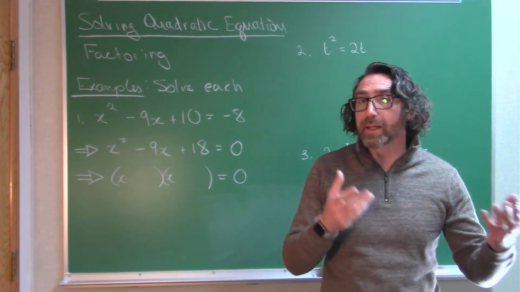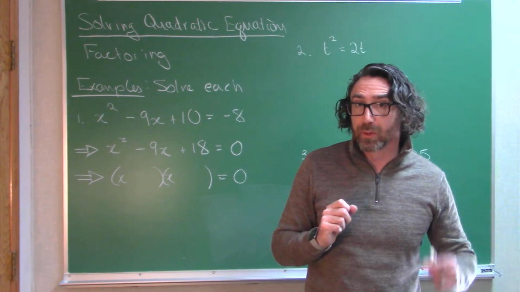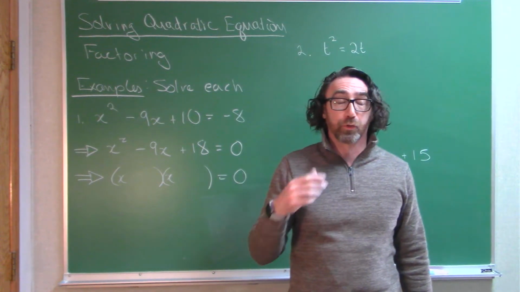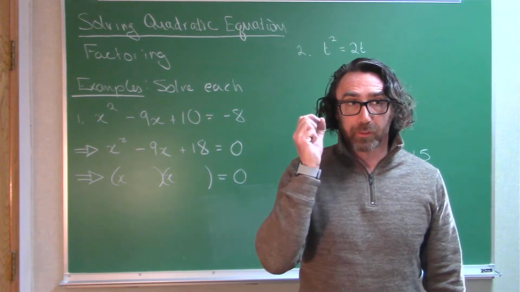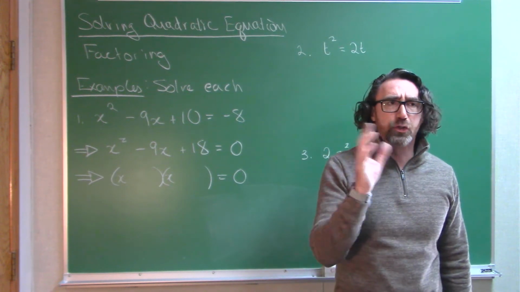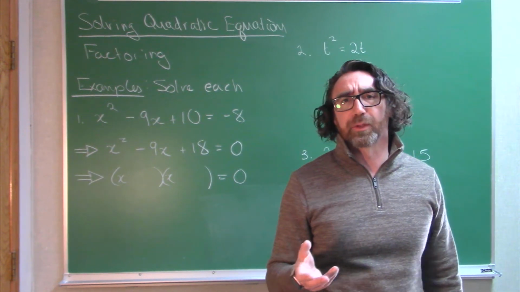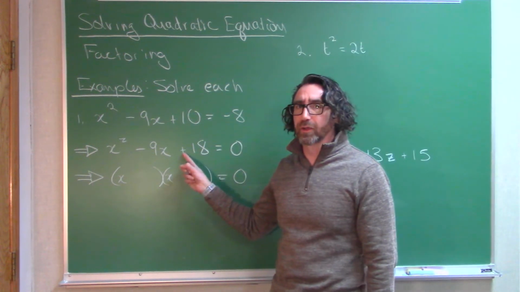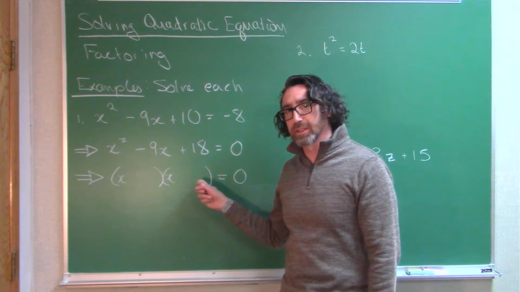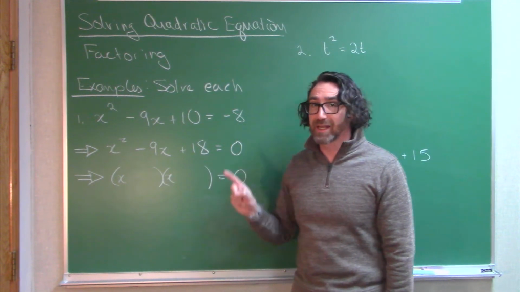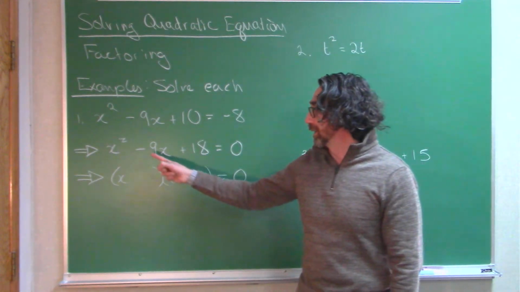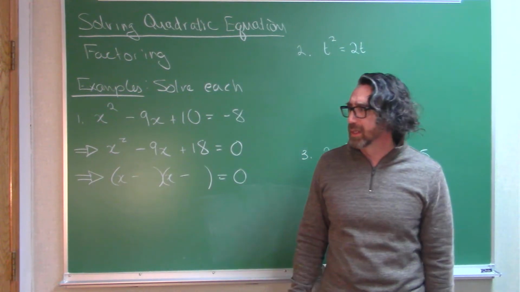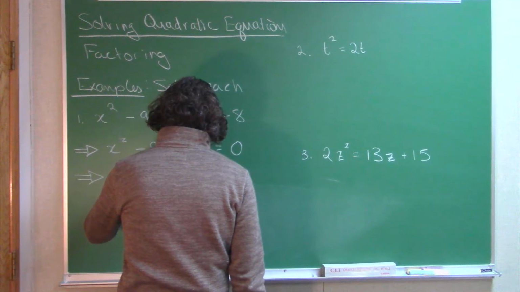It could be 1 and 18. That's always an option. One of the factors could have a 1 right here, okay? Because 1 divides into everything. Okay, so 1 and 18 is a possibility. 2 and 9 is another possibility. And so are 3 and 6. This 18 is positive, so both of the quantities here will have the same sign. In the middle I have a negative, so that means both of the quantities here will be negative, and it doesn't take too long to figure out that